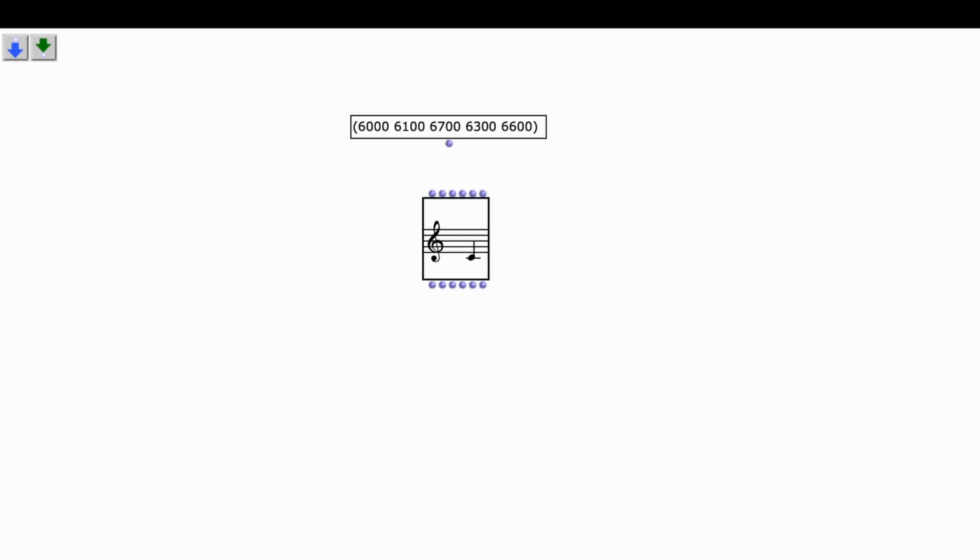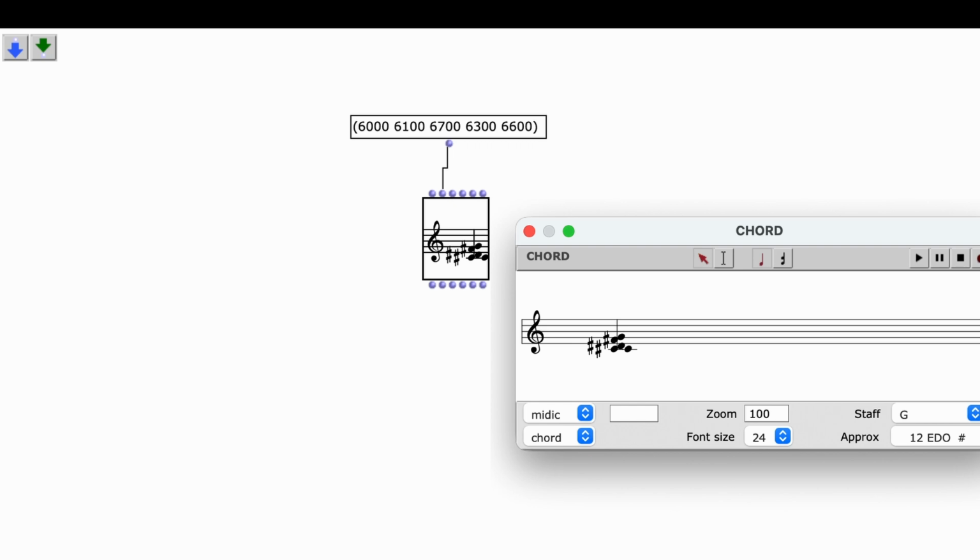rhythmic structure. The second inlet of chord accepts pitch data, so we'll connect our list there and hit V on the keyboard to evaluate. By default, we'll see the pitches are stacked vertically, but we can change this inside the chord object. Changing the display option from chord to order lets us see the pitches as a sequence in the